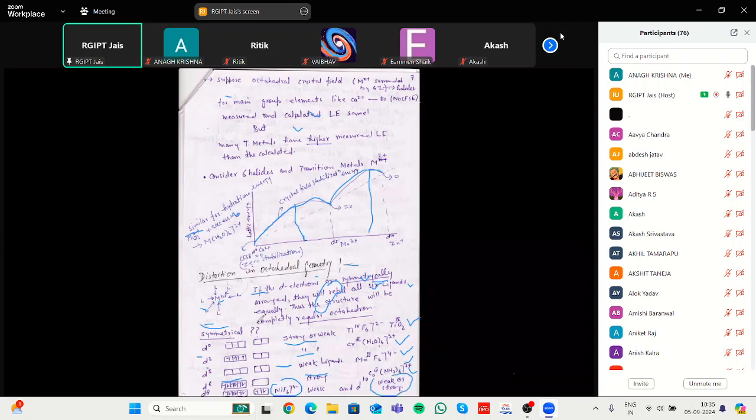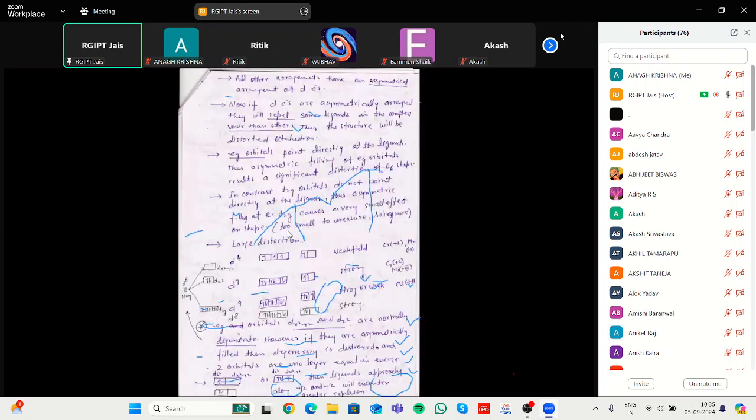But there is some distortion according to the electronic configuration. That electronic configuration differs in case of d4, d7 and d9, because the electrons are filling according to the energy rule. First of all, electrons are filling in the low energy level. After that, they fill in the higher energy level.